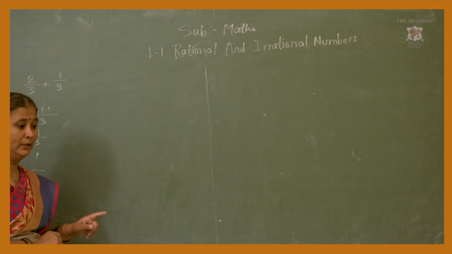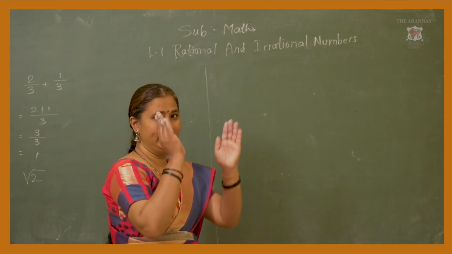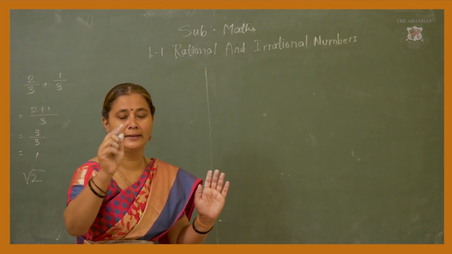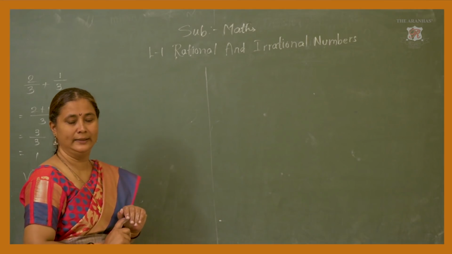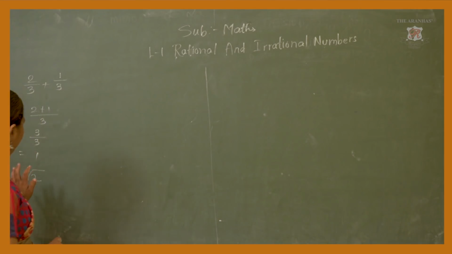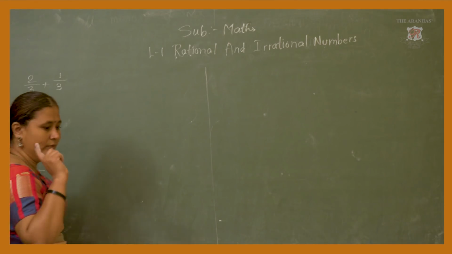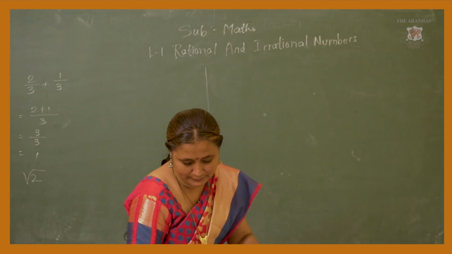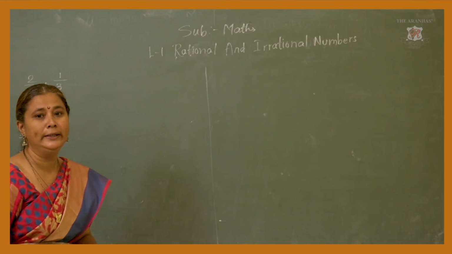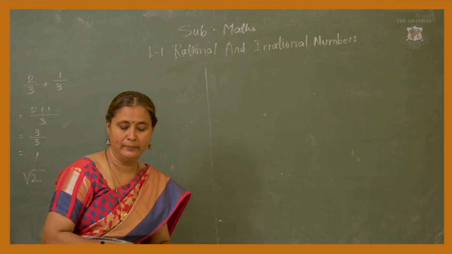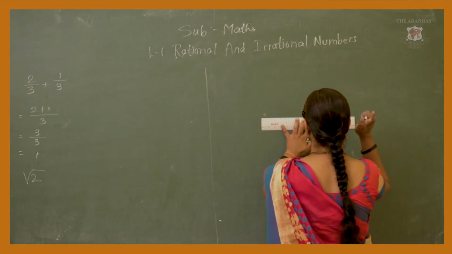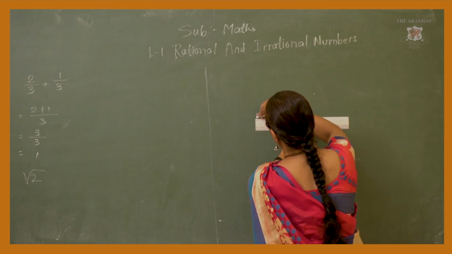Okay. For the number line, we know we have to take an equal distance in between two numbers, and we have to write the numbers on the number line, isn't it? But when we have to represent an irrational number on the number line, one procedure we have to do. Okay. So, take that. First, on a number line, the point A shows the number 1. Okay. Now, see, on a number line first start to do here.